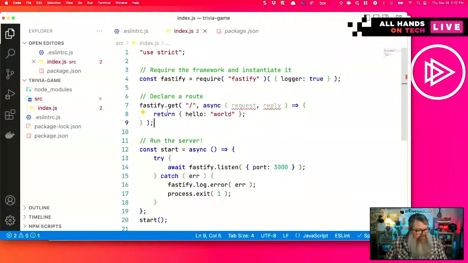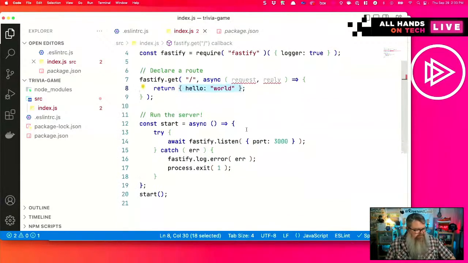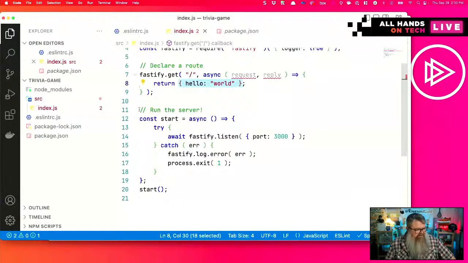Next, we're declaring a route, the home page, if you will, the default route for the app, returning a small bit of JSON. So it's returning hello world, and then run the server.